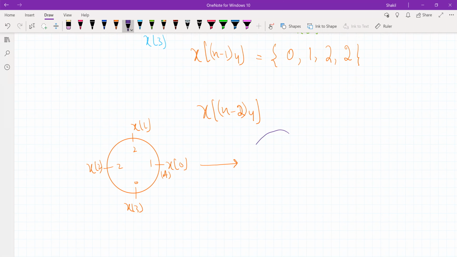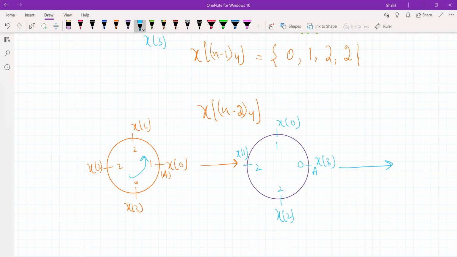First I will give one shift. Then I will arrange the terms. So again, my starting point is here. When I read the values, I will start from there. So this will be x of 3. Every point will move towards right by 1. This is x of 0, this is x of 1, and this is x of 2. So if you write the values also,